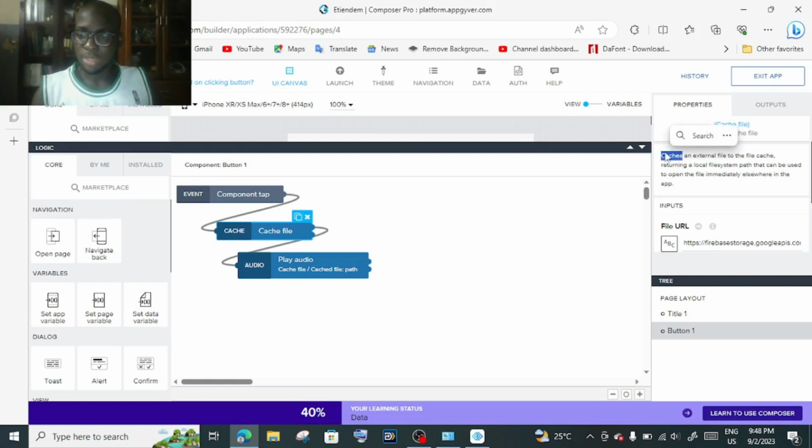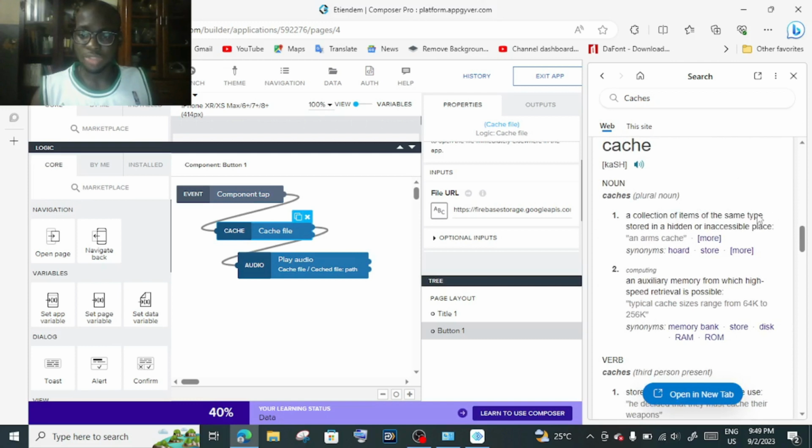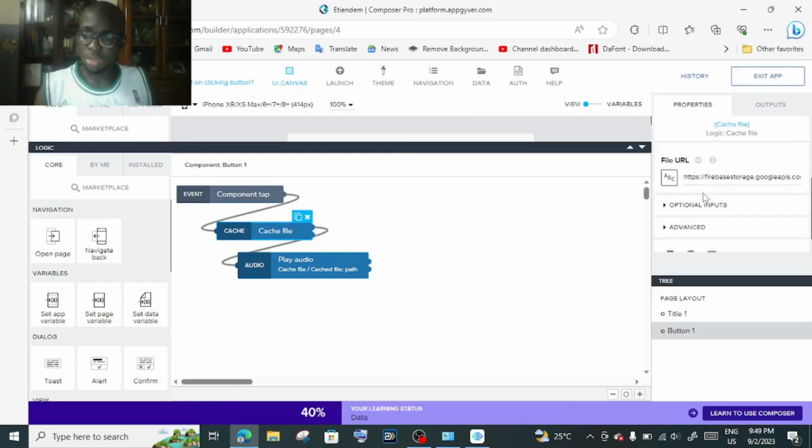What they mean by cache is a collection of items of the same type stored in a hidden or inaccessible place. So cache is basically like whatever file we take from this file URL, we store in an inaccessible way, which is a good way of protecting the data you're storing into the user's storage, if you don't want them to access it directly and share it, because we know people, we know users, we know you guys. So now that we're done with the definition, which was awfully long,